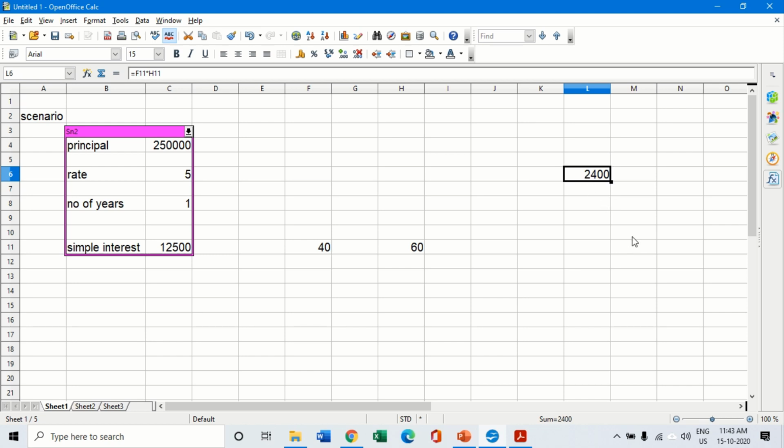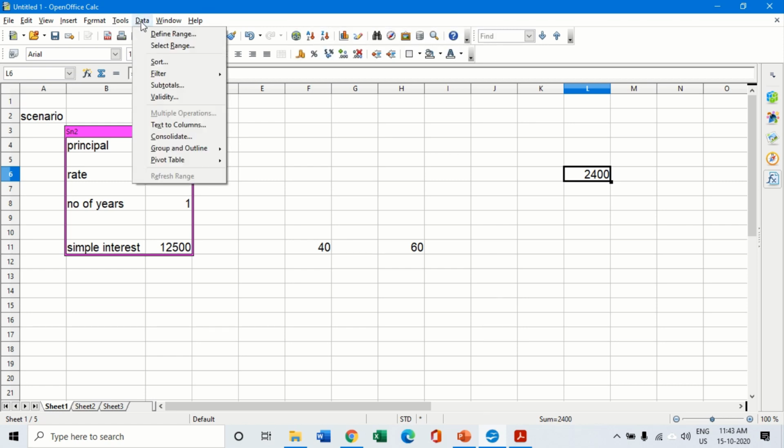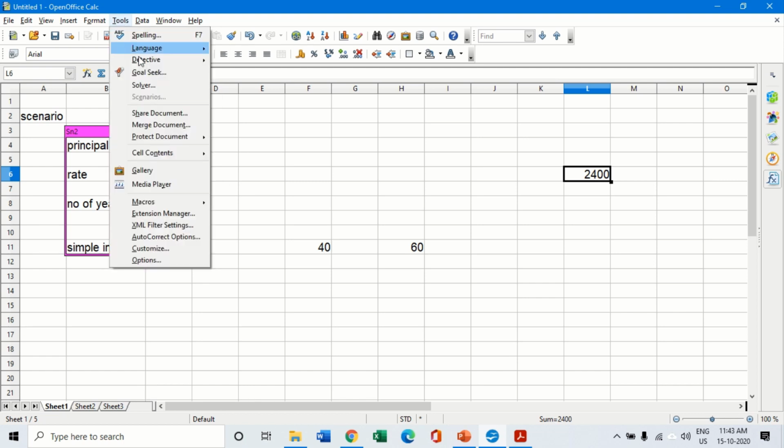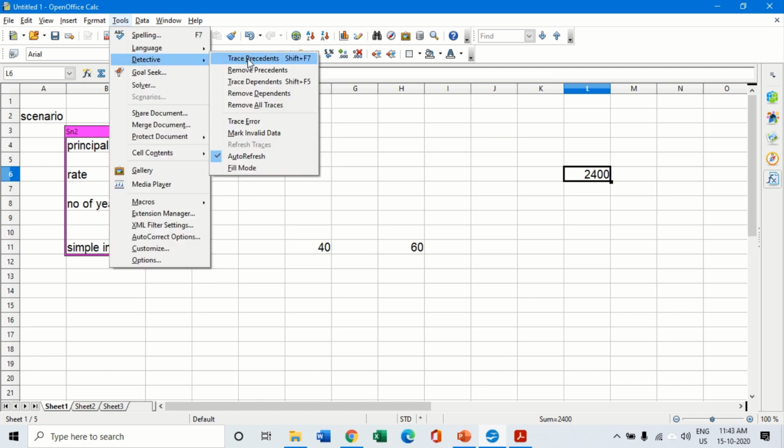But suppose somewhere down the line, it happens many times when you are using Excel that you do not know where this particular value has come from. So you want to trace the precedent of this. So I will click on the tools option, the detective option, and here click on trace precedent.